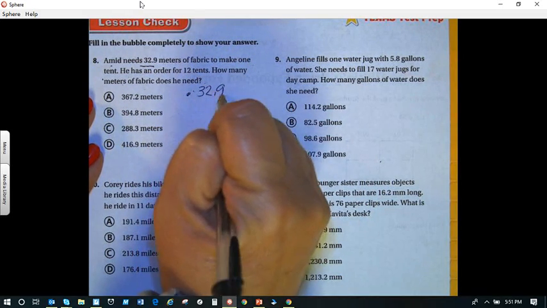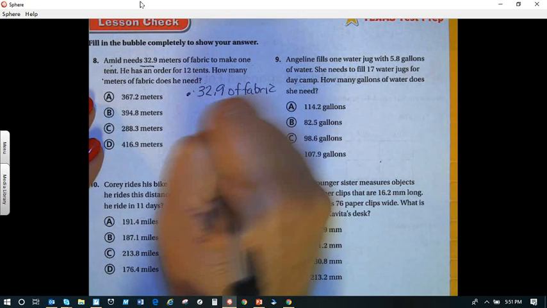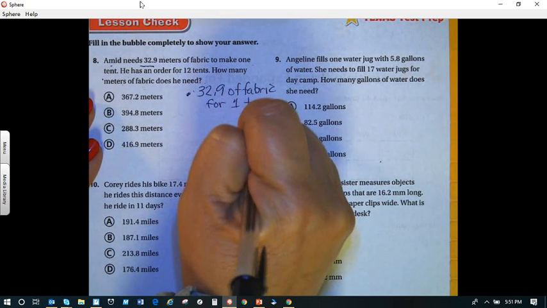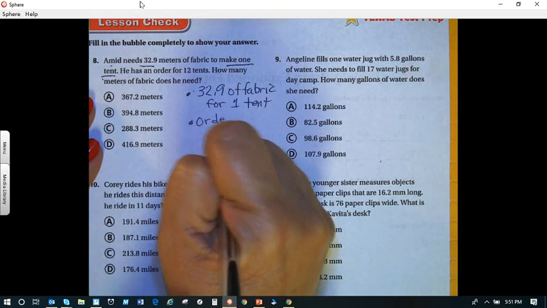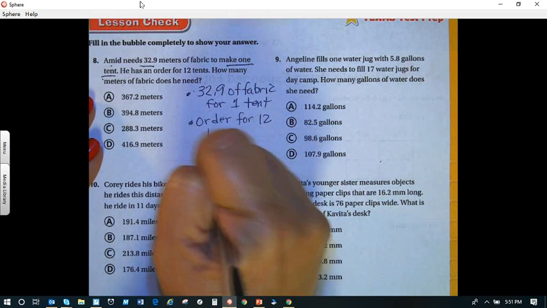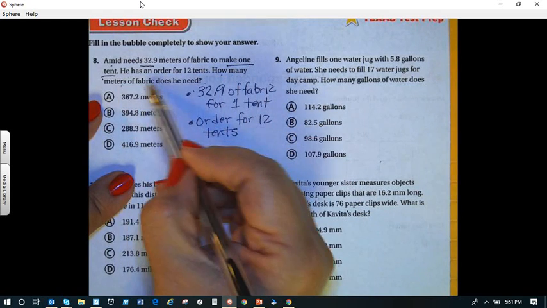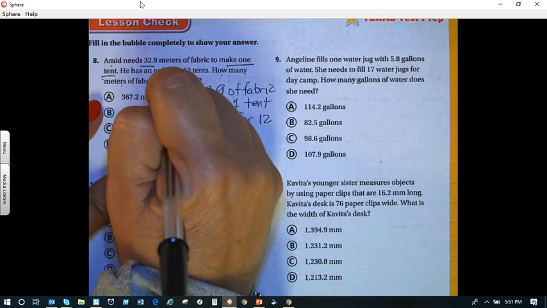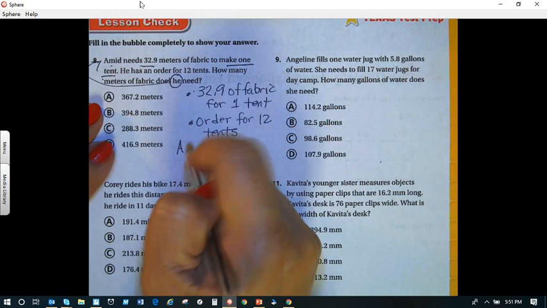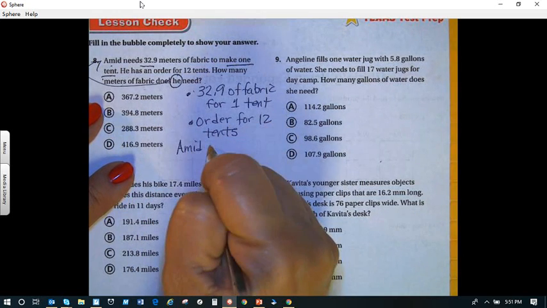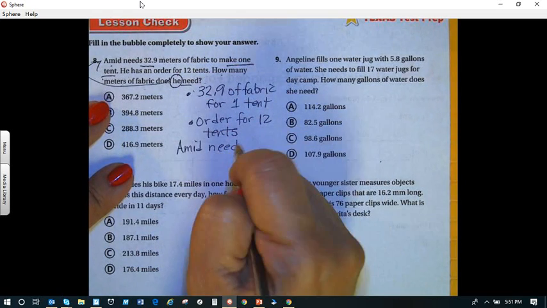So we're going to have 32 and 9/10 of fabric for 1/10. And this is what I had right here. Then he has an order for 12/10. Pretty amazing. I need to rephrase that. How many meters of fabric does he, being a mid, I was using Alex, but I can still keep a mid. So a mid needs blank meters